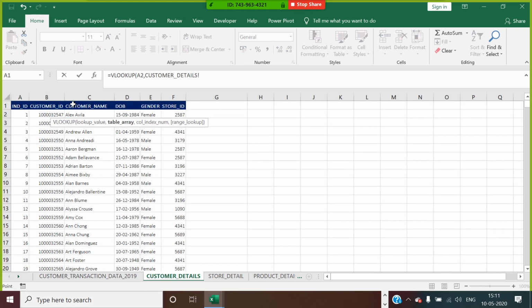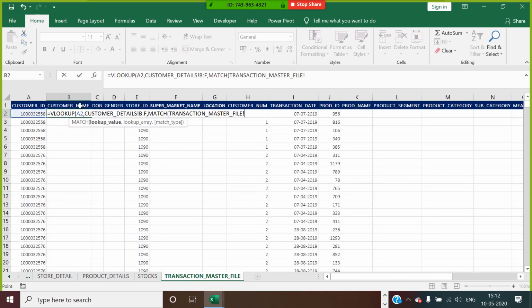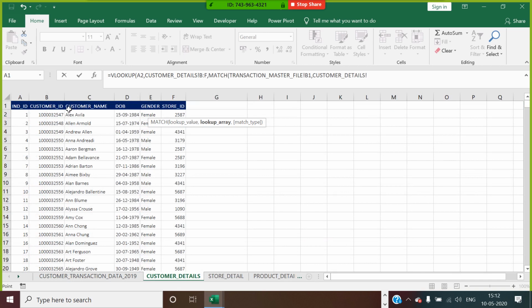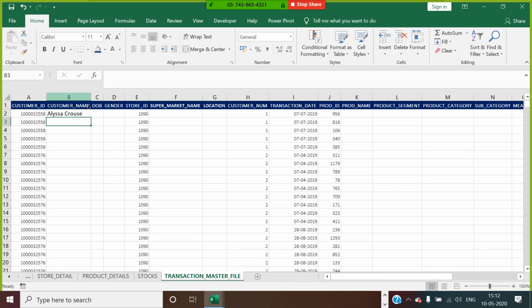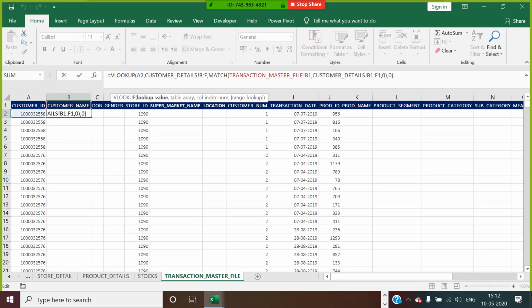From this customer table, I use the match function here, searching in the customer table for customer name from the customer table here. Bracket close and close. When I do that, I know my column A is going to be constant here. My table array column B to F will never change. One is going to change here. One is going to be constant.